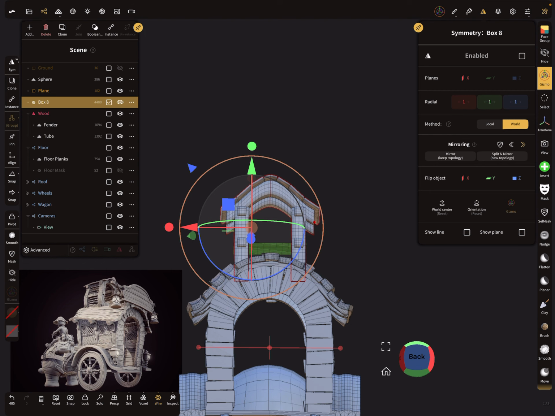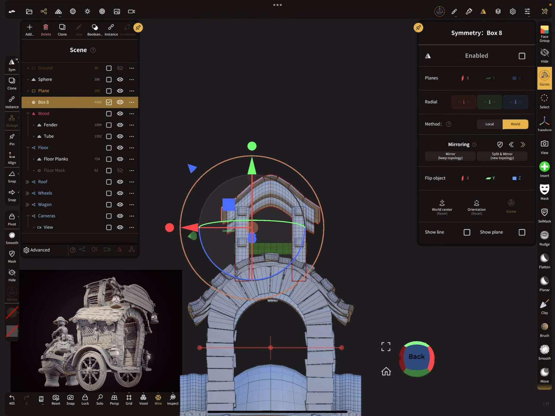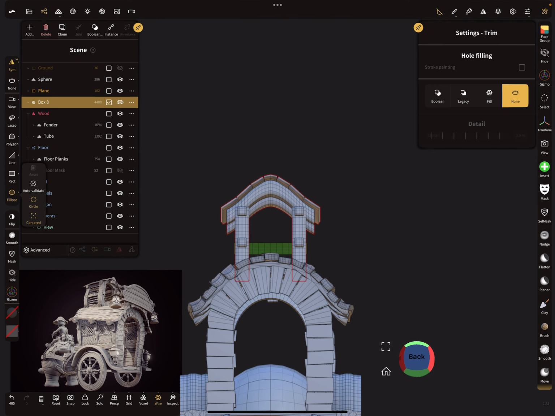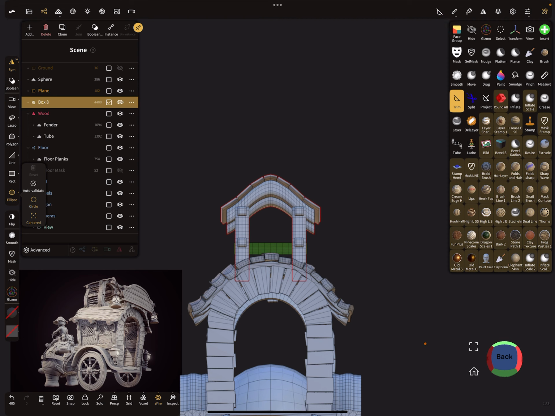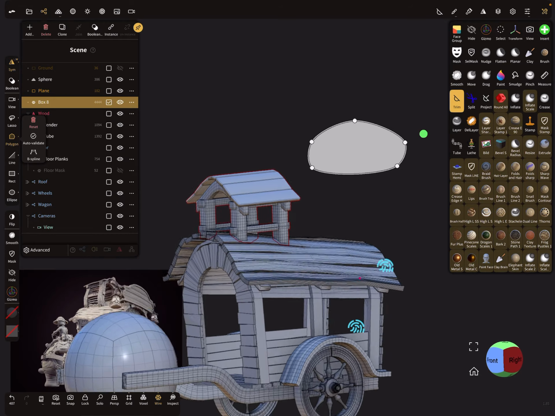So maybe I align it with a roof. And I trim Boolean. And I think we can use this tool here. So everything is correct.